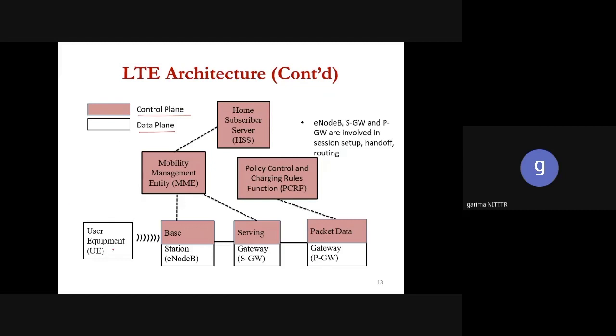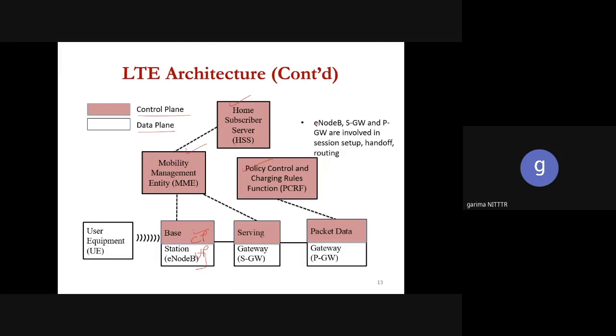Whenever you have user equipment connected with a base station, which is e-node B, the e-node B part has both control plane and user plane. This pink color is showing the control plane part, and it is connected to the user also. It is connected to the control part of the core network also, then serving gateway, packet gateway, and finally these three entities, mobility management, PCRF, and HSS, are only for control plane. So they are not directly connected to the user. They are only for the control part, and they are part of the core network, which is available for the service providers only.